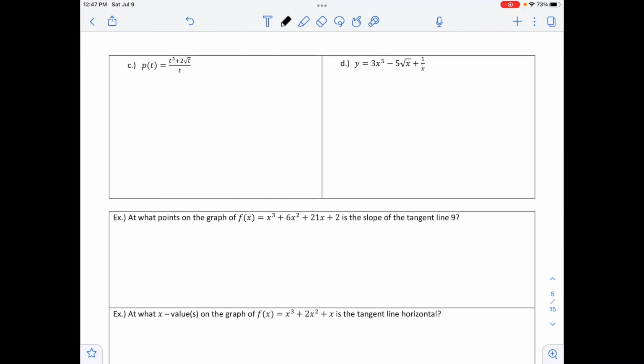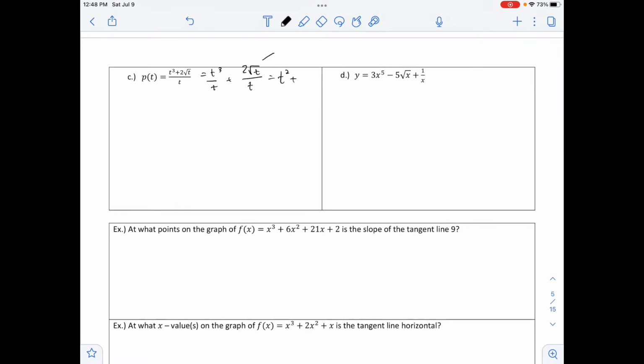So C says p of t equals t cubed plus 2 square root t over t. And so for this I need to also do some work before I can take the derivative. So I do not have any rules yet for dealing with quotients or dealing with fractions where the variable is in the numerator and the denominator. So rewriting this is the same thing as t cubed over t plus 2 square root of t all over t. And so this will simplify to just t squared plus,